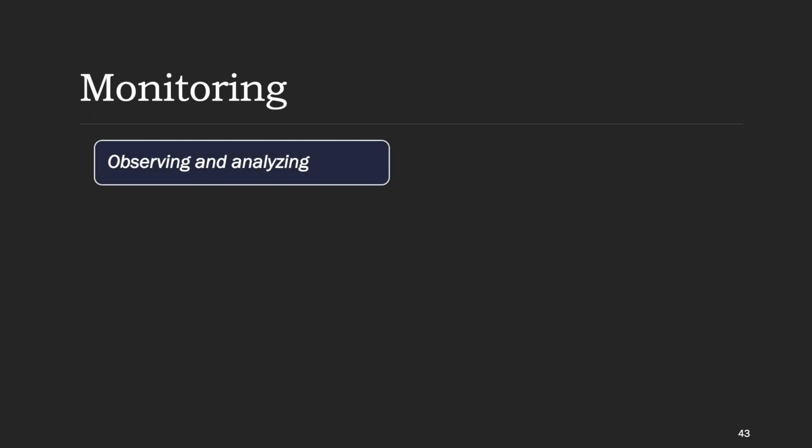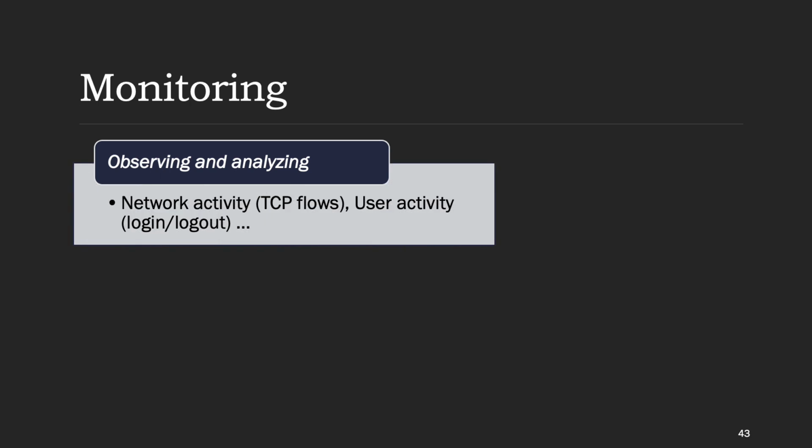The last of the building blocks is monitoring. Monitoring refers to mechanisms that you have in place in your system to observe an activity. You can have monitoring mechanisms in place on several levels of abstraction, from the network flows, for example, tracking TCP packets, all the way to user activities, for instance, whether or not a user was logged in or logged out. What is important here is that with monitoring, we are using this information to detect malicious behavior.